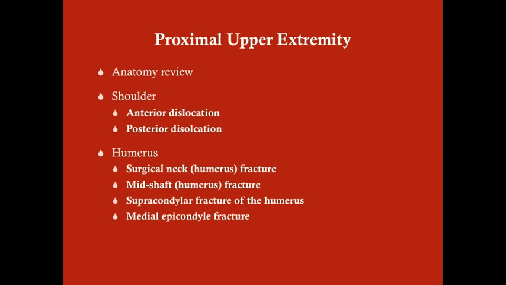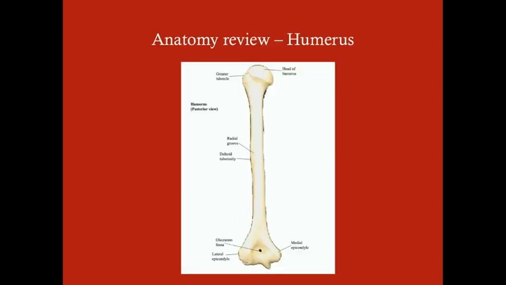So this demands a little bit of anatomy review, since anything with orthopedics, when we're talking about fractures or dislocations, some of the symptoms or the complications often involve neurovascular structures. So we should definitely have a good grasp of the local anatomy. So starting off with the humerus, the head of the humerus is the most proximal part, and of course that inserts into the glenoid fossa, which is part of the scapula, and together that makes up the glenohumeral joint. And so the glenohumeral joint is our shoulder joint, and around that are our muscles that are responsible for arm abduction, and that is our